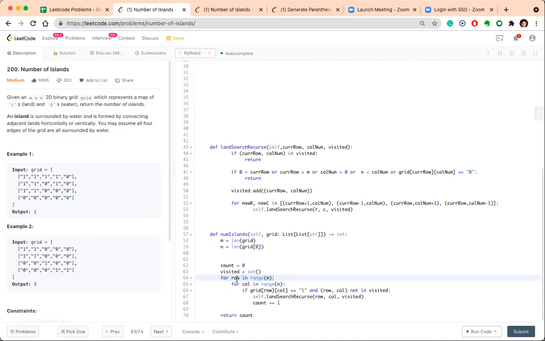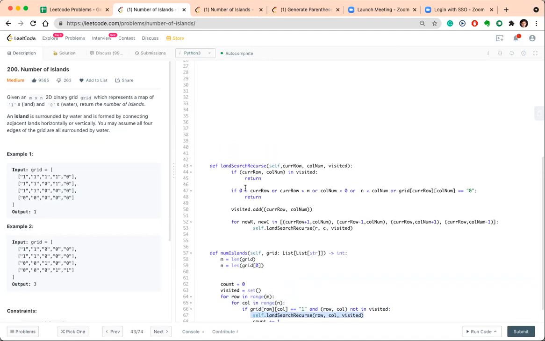Each row we get in row, each column we get in column. At each place we check if it is 1 or not. Wherever we discover our first one, we will initiate our land search from that place. So we initiated a land search here, and thereon the recursion or the backtracking will take over.